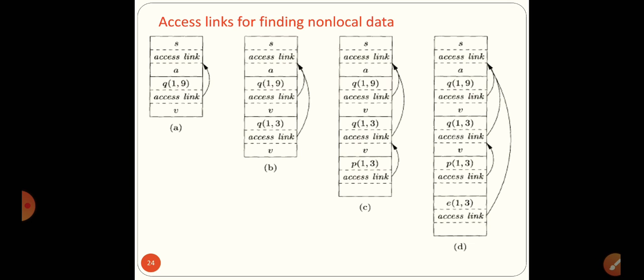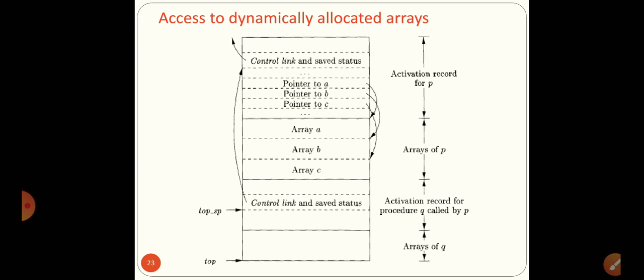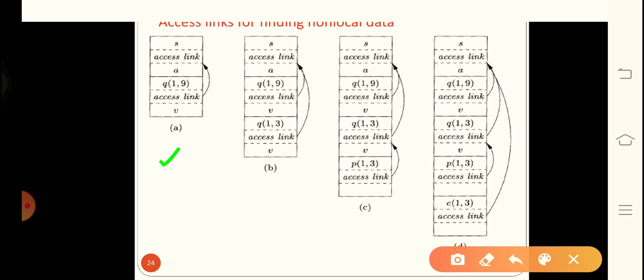You can see step by step that the access link, first it was the first element, then after partition 1 to 9 element, this access element again returns back to this. In this diagram it will return back. Again if you partition 1 to 9 and then 1 to 3, then 1 to 9 will again return back to the access link. Similarly, you can check for diagram C and diagram D also. So each access link after execution will return back to the calling sequence from where it was called.